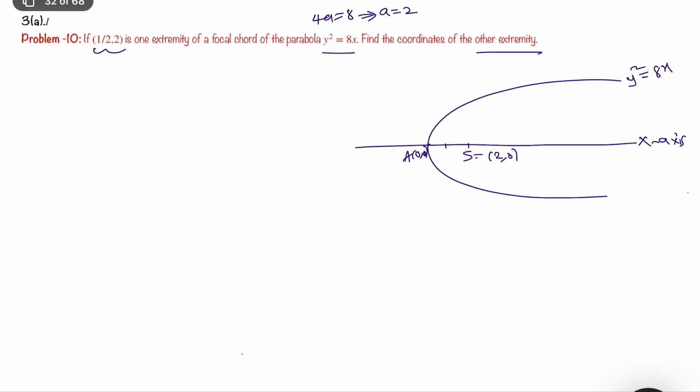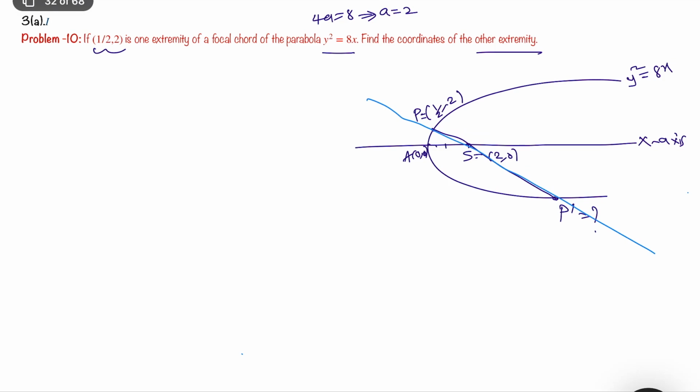Now one of the extremities of the focal chord is 1 by 2 comma 2. So this is the rough location of 1 by 2 comma 2. Let me call it P. Okay, so the focal chord is what? Chord passing through focus. So the other extremity will be roughly here, P dash. We want this other extremity. Okay, fine. As I know 2 points on this chord, I can get this chord equation,